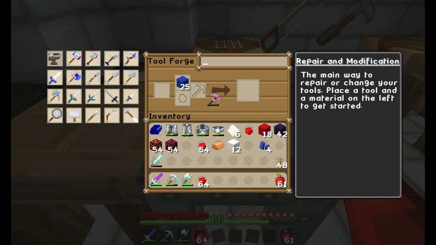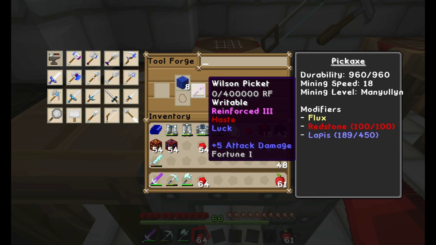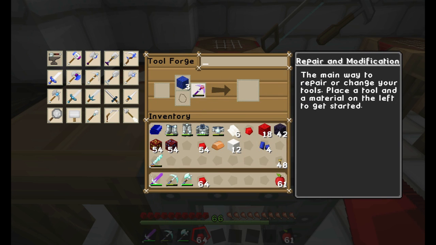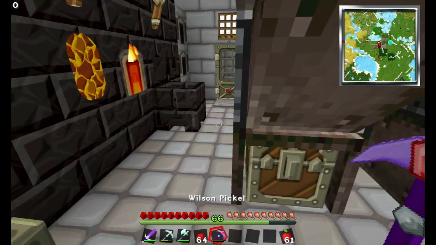19, 27, 36, 45. Use up all we can, and when we get some more lapis, we'll add on to it. But we're not going to be able to max this out today. It's only got fortune 1 on it at the moment. There, so we've used up all of the options. I've only got fortune 1 on at the moment, but as we get some more lapis, we will be able to put that in. Let's go and pop that in the